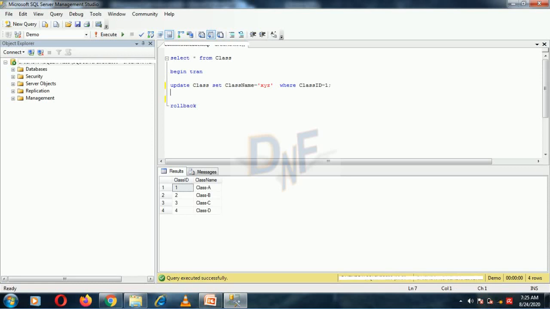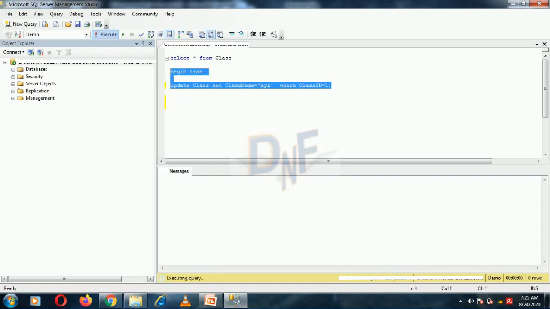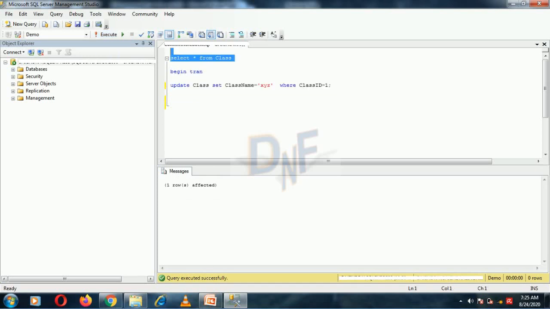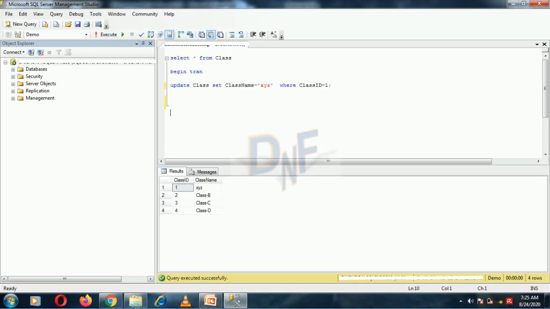I am just executing it without commit, within a transaction. One row affected. The class name has changed where ID is equal to 1.